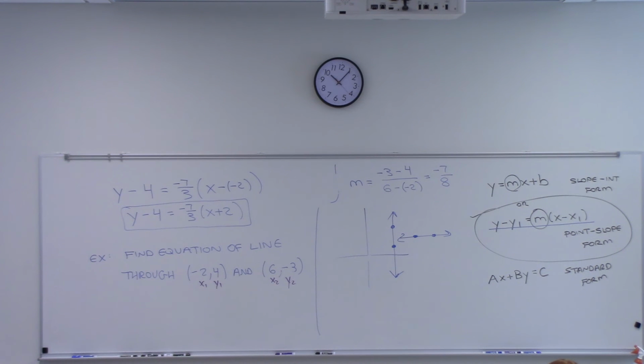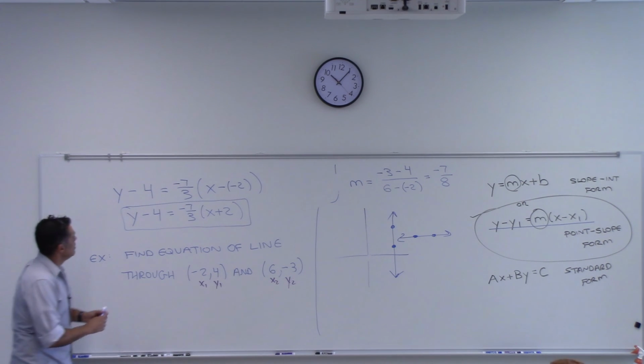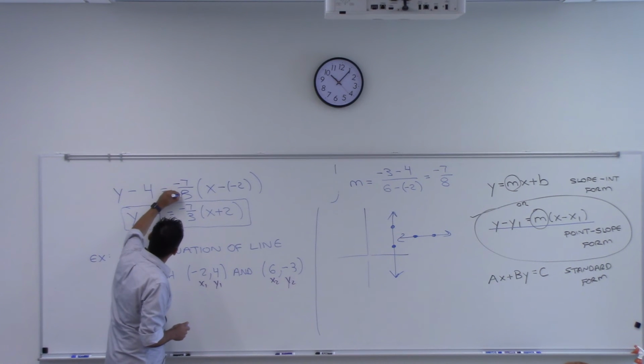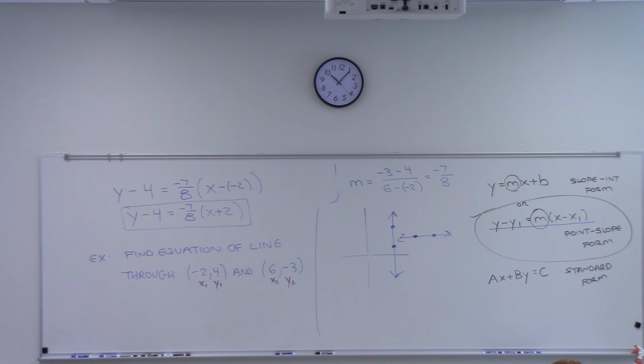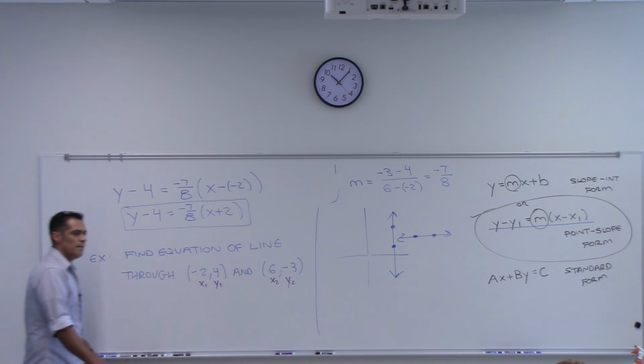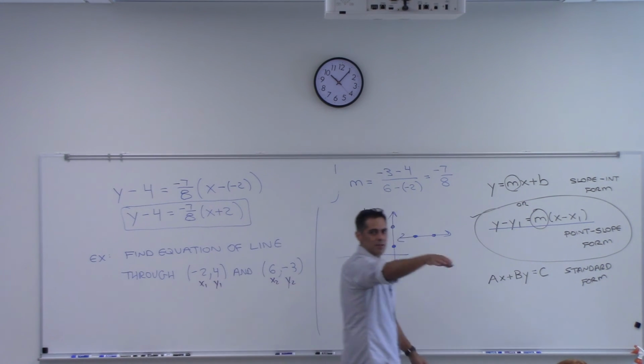Now I'm going to type in our answer, y minus 4 equals, was it 7? Why did I put 3 there? Sorry about that. That's an 8. Y'all just say something if I do something really dumb like that. Okay, so negative 7 over 8, and then x plus 2. There we go. See? We've come up with the equation of the line that passes through those 2 points.